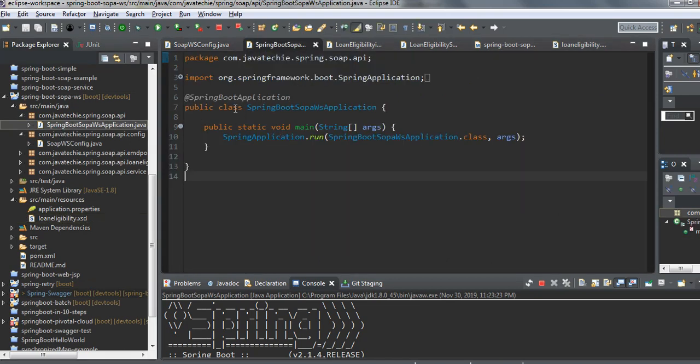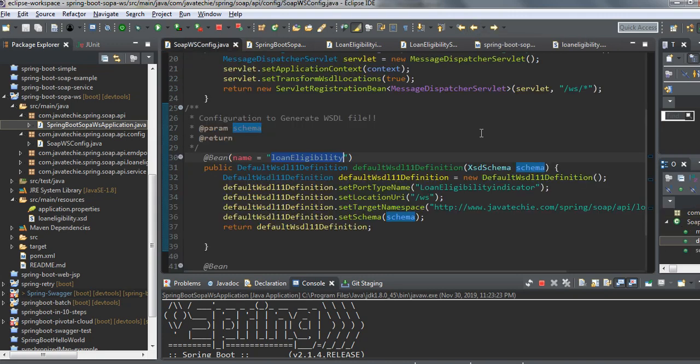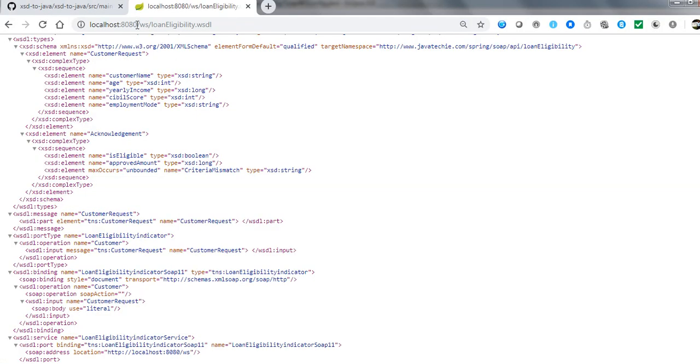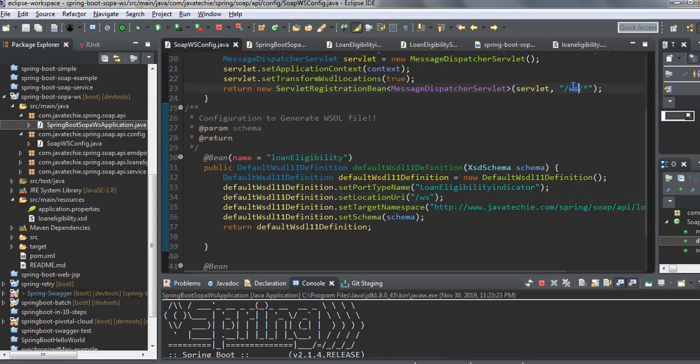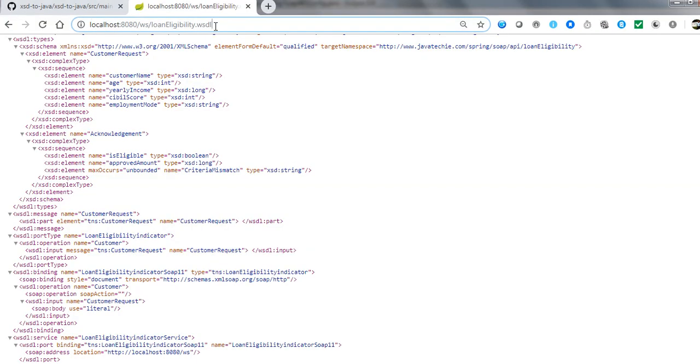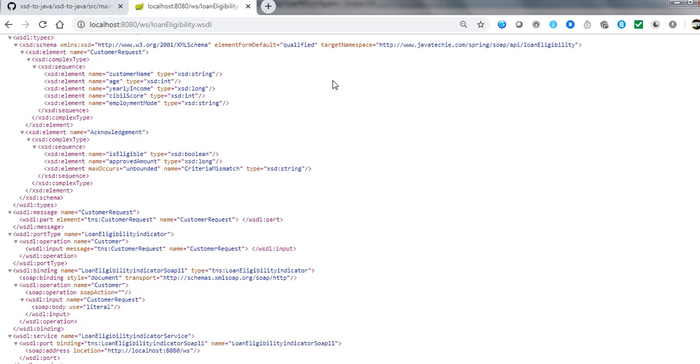Now after running the Spring Boot application, just run the Spring Boot application. Here what I get is that it's running under localhost 8080, and ws, since I have mentioned ws in the servlet, and its name is loanEligibility.wsdl, and that is the WSDL file, right? So this is the WSDL file, and using that WSDL you can create